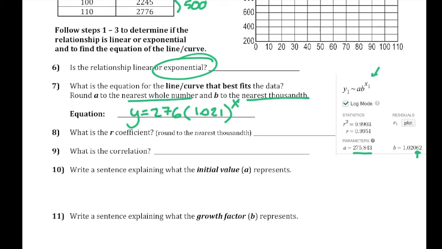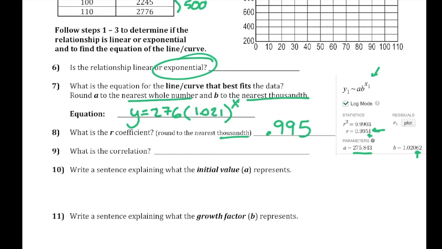Number 8, we want to decide what the R coefficient is. So we're going to again round to the nearest thousandth. So we're going over here to R, and that's going to be 0.995. And 1 comes after that, because that's the 10 thousandths, and 1 doesn't round us up, so our coefficient is going to be